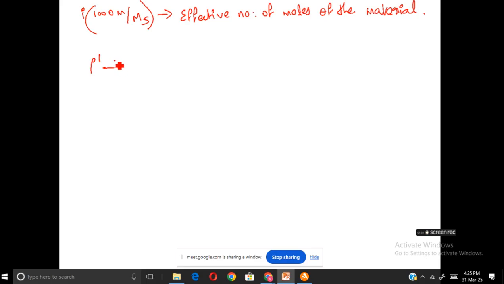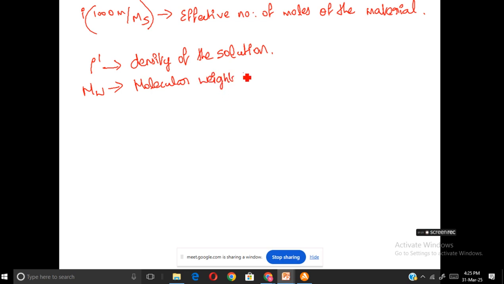Now if the density of the solution is rho dash, and the molecular weight of water is Mw, the number of moles of pure water will be